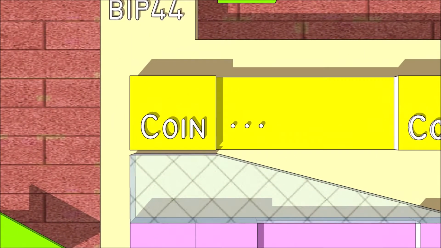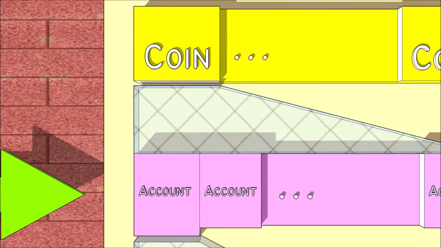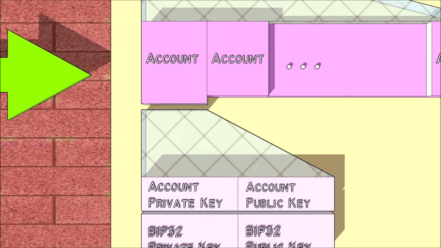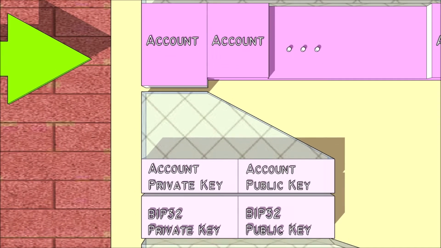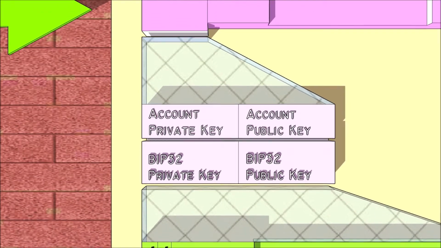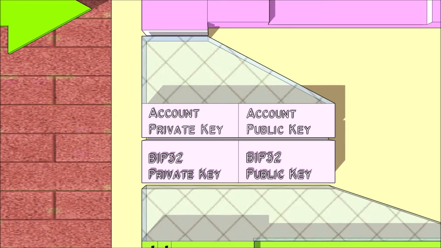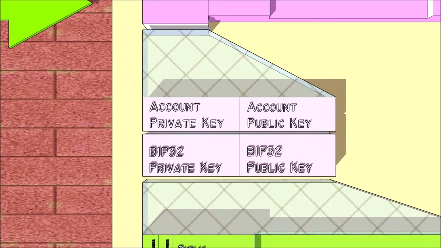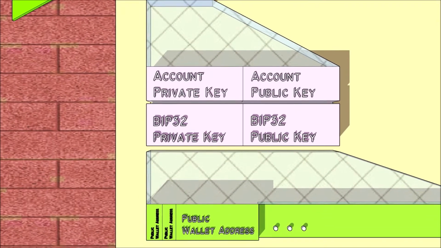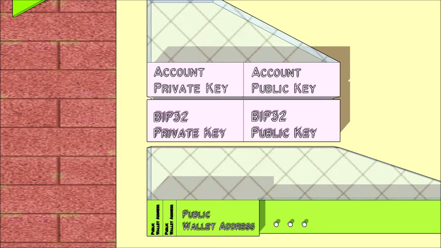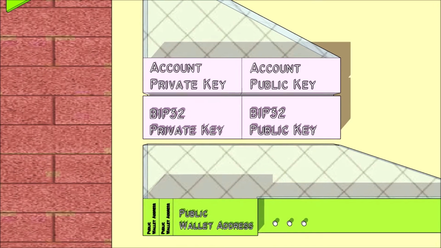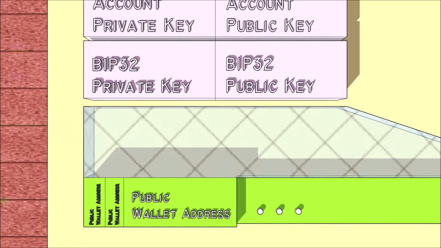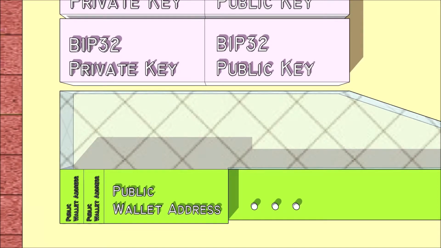At the top of the BIP44 structure, the type of coin is defined. Each coin can have multiple accounts. Each account has an account private key and an account public key, and creates a BIP32 private key and a BIP32 public key. Based on the account private key and the account public key, the public wallet address is created from the BIP32 private key